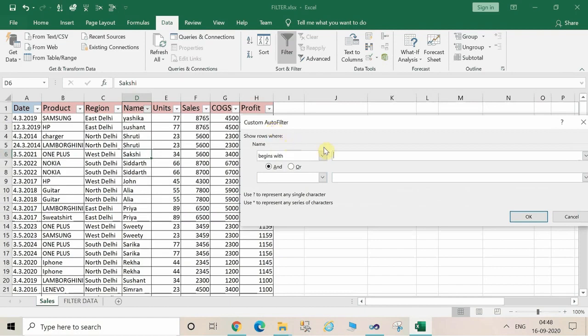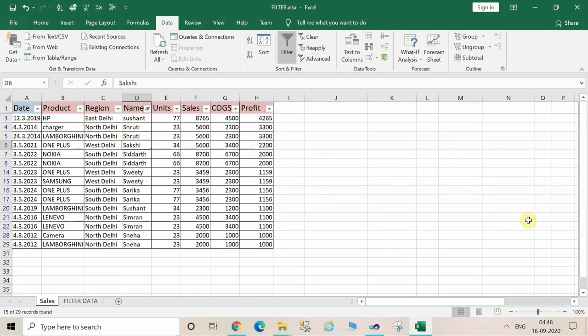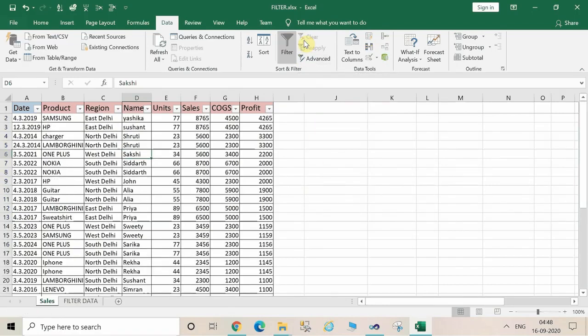So I want names starting with S. Then click on OK. Now all the names which are starting with S are displayed here. In this way, you can apply your filter on text and numbers. And now, as I've already told you, don't forget to clear the filter. Click on the clear filter button.